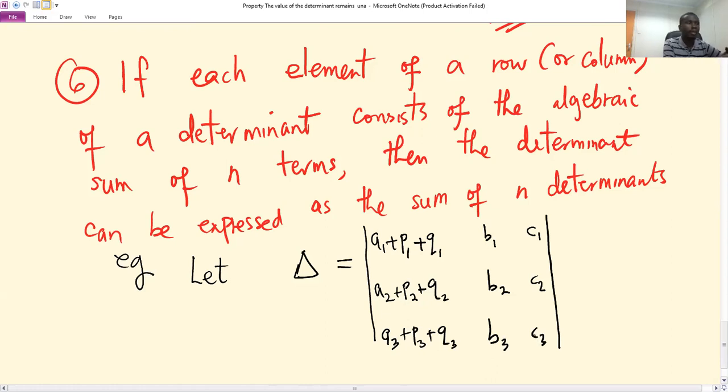So let that be the determinant. Then it can be shown that